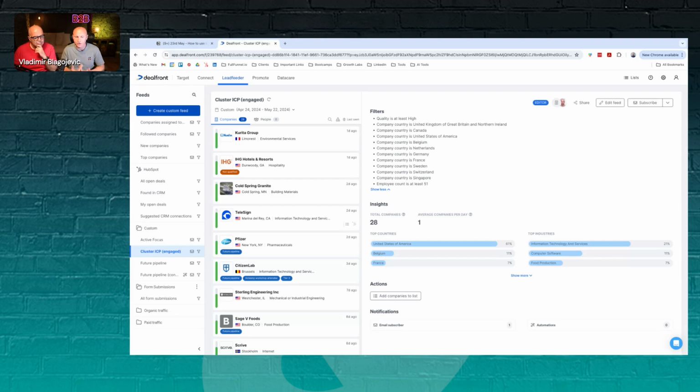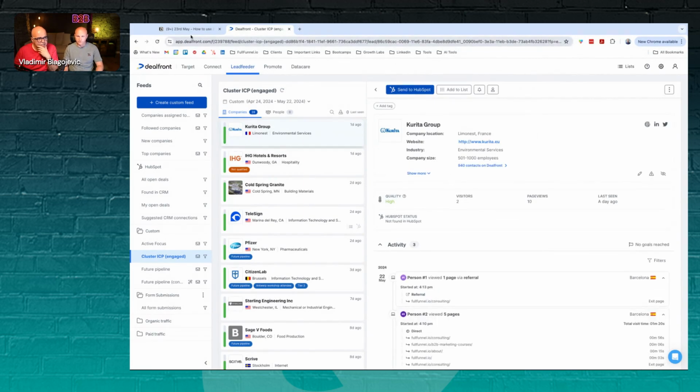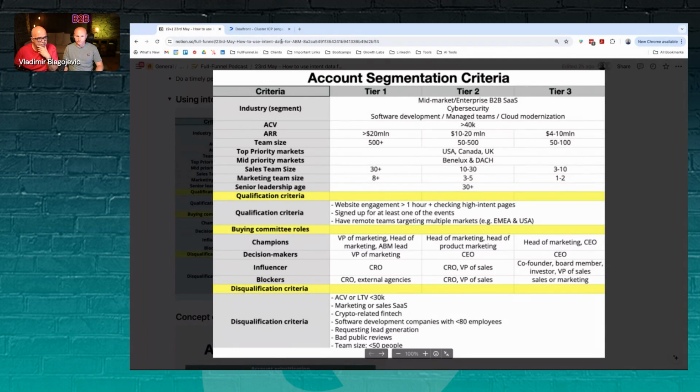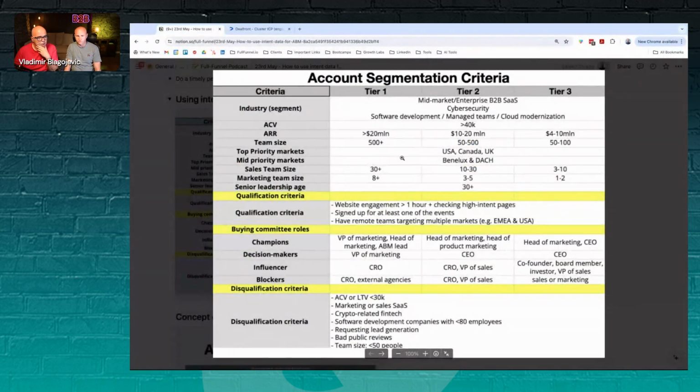Now, all these accounts should be verified, right? So we need to define where these accounts should go. Let's look at these accounts and share a few examples with the guys. Absolutely. Basically, we can start from the first one, Kurita Group. What we are trying to do is identify whether this account matches these criteria. We do have a filter, so we know that they're potentially from the right geography. We know that they're the right size, 500 to 1,000 employees, which in our case would be classified as